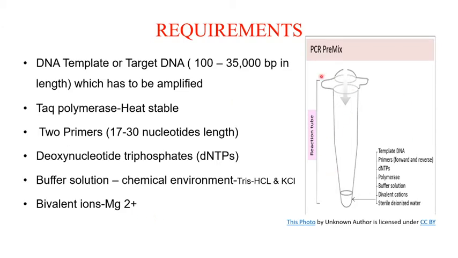So these are the polypropylene tubes or PCR tubes in which one by one all the PCR requirements or components are added. You can see in this picture. Or nowadays PCR premix is readily available. We can directly use this PCR premix in these tubes, which contain already mixed components at required proportions.